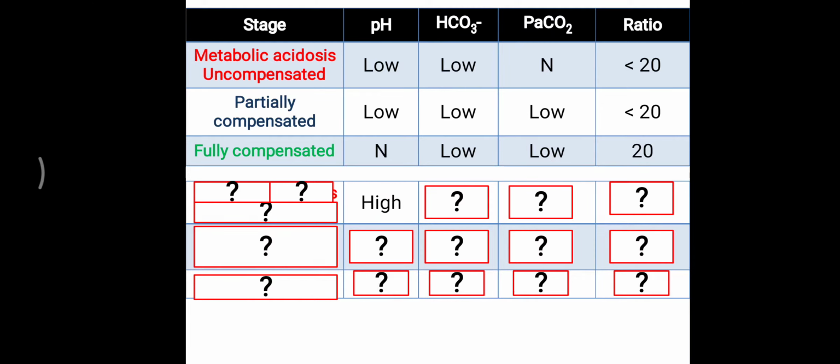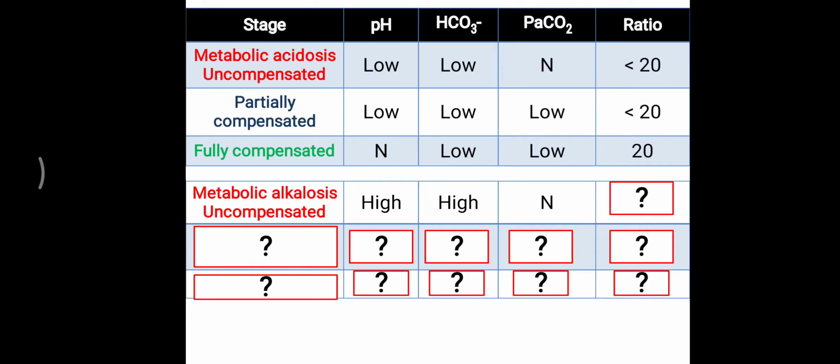Now let us look at another situation. Here pH is increased, which means it is alkalosis, that is simple. HCO3- is also increased, in the same direction as the pH. So the primary change is related to bicarbonate, because PaCO2 is normal. Also remember, metabolic is related to bicarbonate, and both going in the same direction means metabolic.